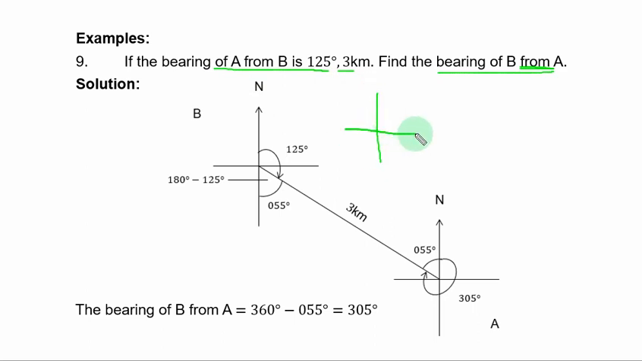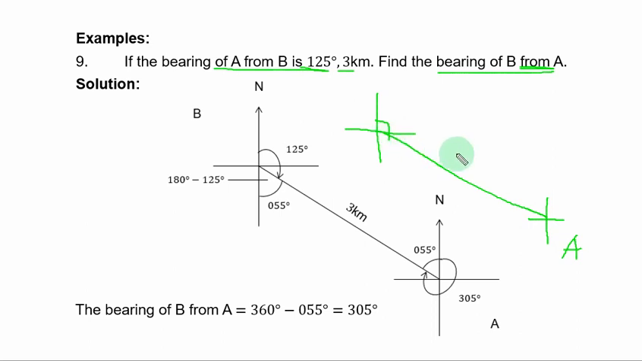The bearing is 125 degrees. In clockwise notation, you start from the north because it is 3 digits. So from the north to this point, you have 125. The distance is 3 kilometers. You draw it to scale, and here you have point A. So this is point A. So from here to here is